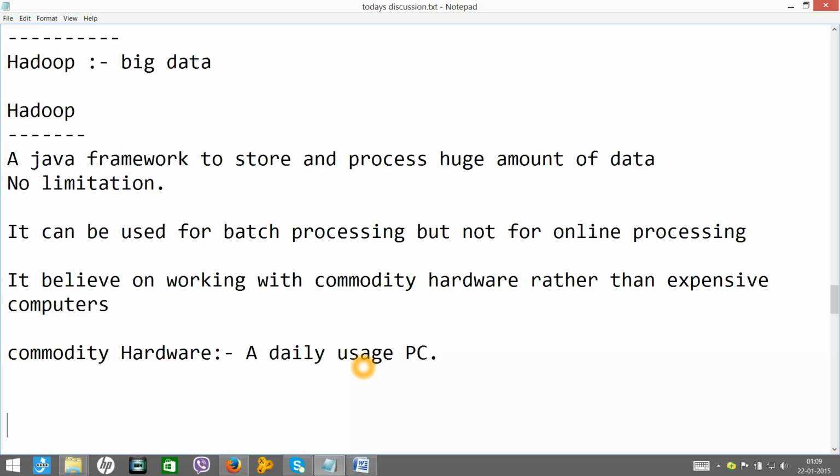You can still continue with your daily usage basis. Unlike some other servers, Hadoop does not demand you to buy any expensive hardware as well as software. It just tells you to buy ordinary systems, buy more ordinary systems and get your work done.